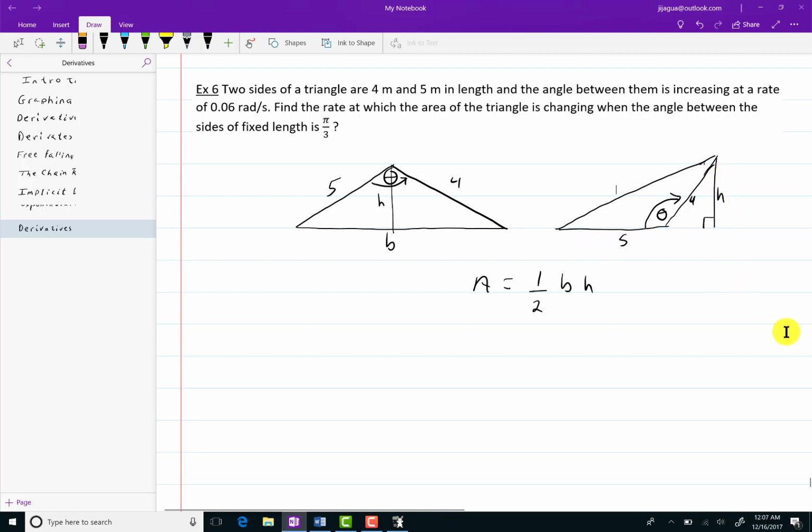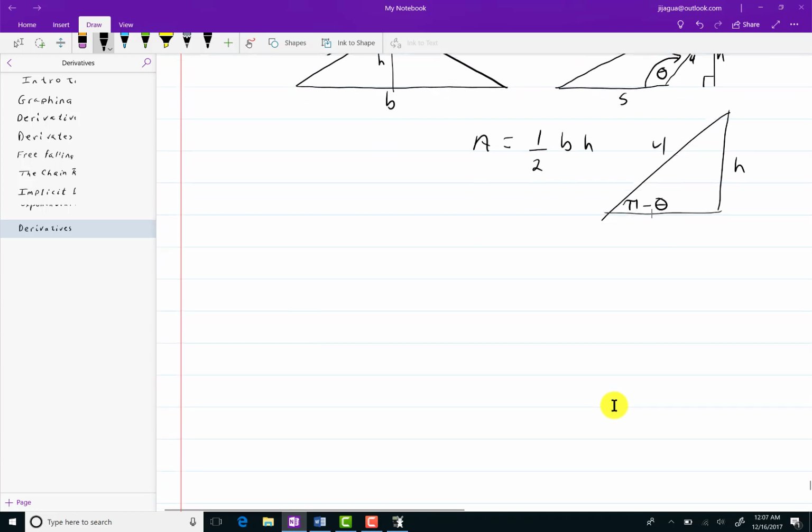If you look, let me make this triangle a lot bigger. This right triangle down here: I have h, I have 4, and then I have pi minus theta down here. Since this is on a straight line, it adds up to 180 degrees. So if theta takes up that amount, 180 degrees minus theta takes up the rest. So now I have a connection between the h, the 4, and the area. If you look then, A equals 1/2. I'll keep that there. I'm going to leave the h there, but I want to find